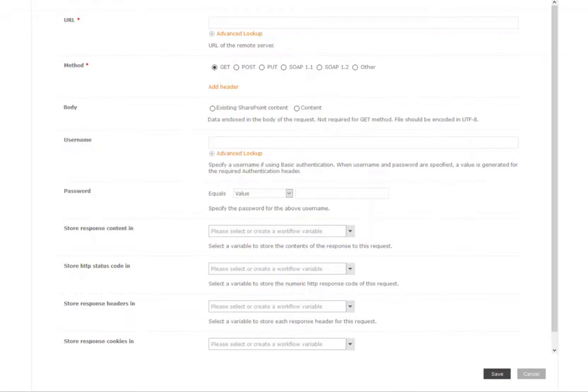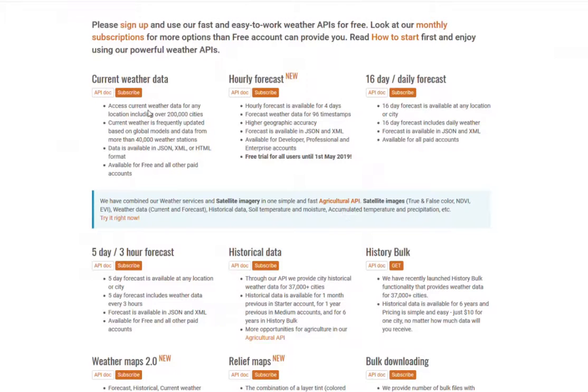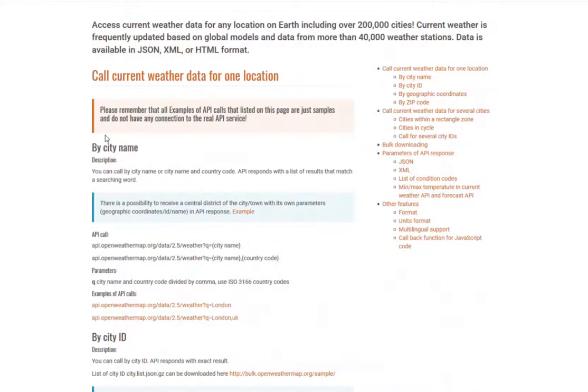So what you would do is you would go to the API service. And so in this example, we're looking at Open Weather API. And we go and take a look at the call for current weather data. And so you go over to the API document. And in the API document, it's going to give you an example of how this would actually occur. And so we can see that the API call is structured as